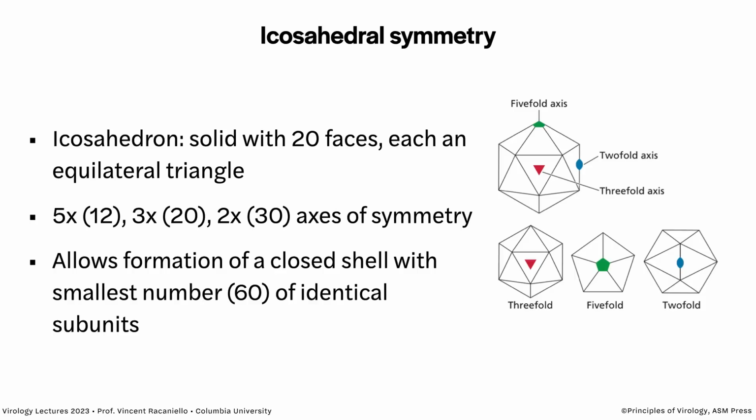So for example, around the 5-fold axis, in this particular structure, there are 5 copies of this triangle. The 3-fold is surrounded by 3 copies of the triangle, 1, 2, 3, and the 2-fold is surrounded by 2. An icosahedron allows the formation of a closed shell with the smallest number of identical subunits, and that would be